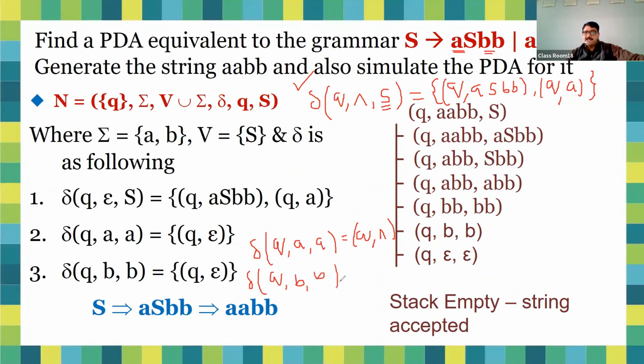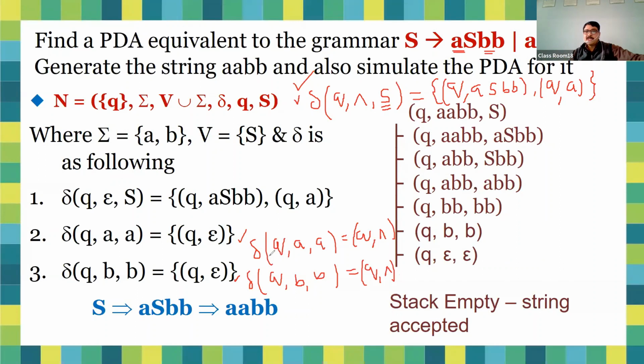And finally, you will find here Q, null. So these are the production rules. This is for the variable, this is for a terminal, and this is for a terminal. So a total of three transition functions will be there after converting the production rules of the grammar into